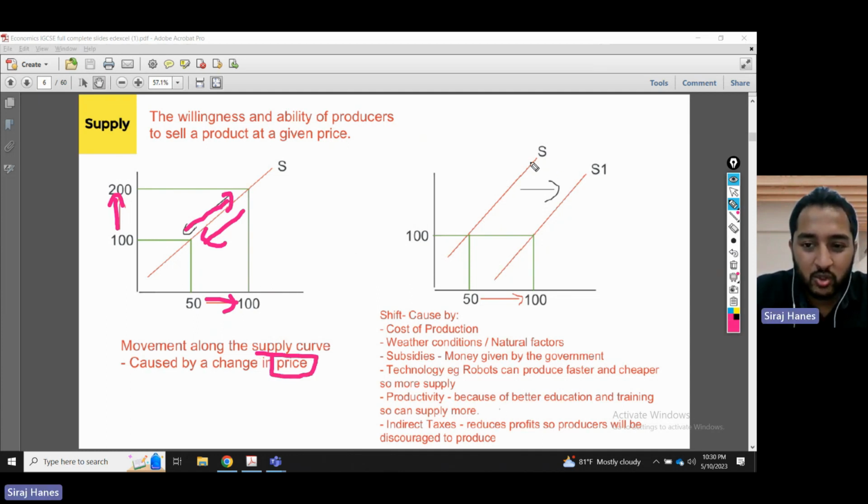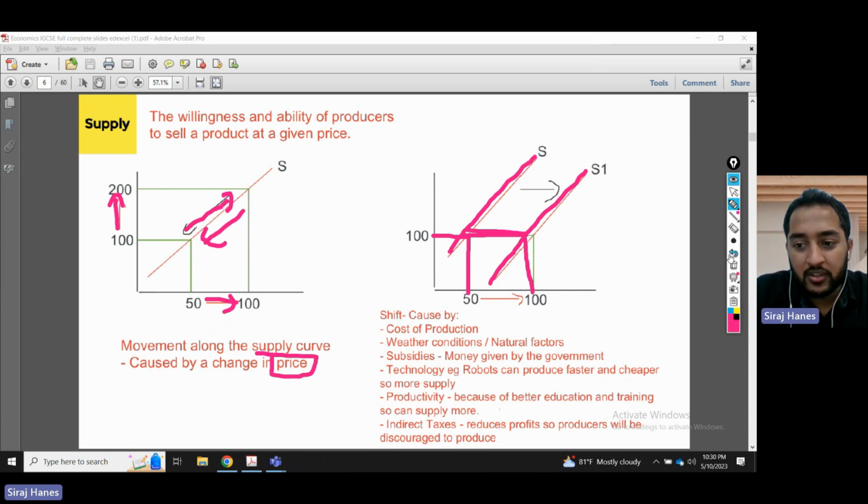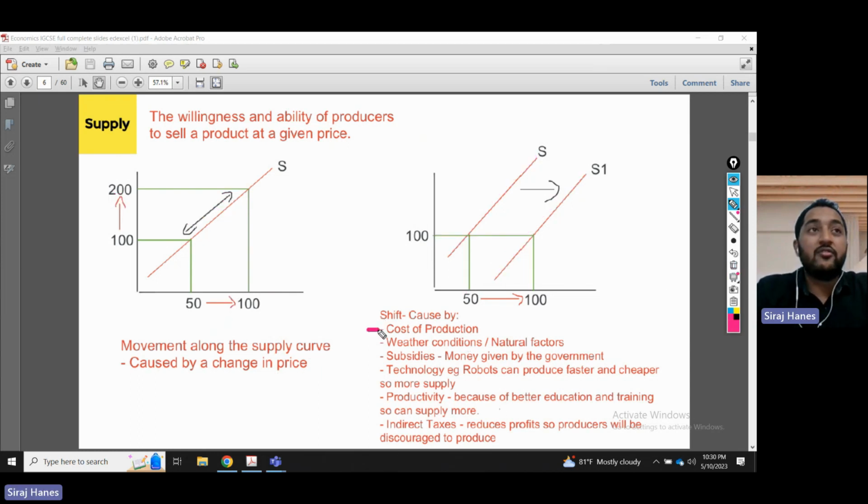But just like I showed you before, will suppliers supply more even if the price does not change? Yes, they will. For what reason though? Why would they supply more even if the price doesn't change? These are caused by a few factors here. The first one, cost of production. If the cost of production falls, we know it's very cheap. We can start up a restaurant. Prices of chicken and meat and all of that are falling. So we can start up a restaurant really fast because the cost of production is falling. Supply will increase.